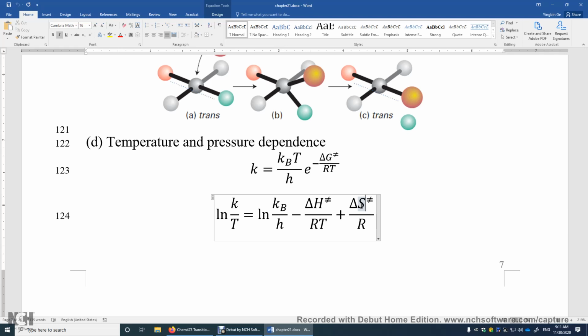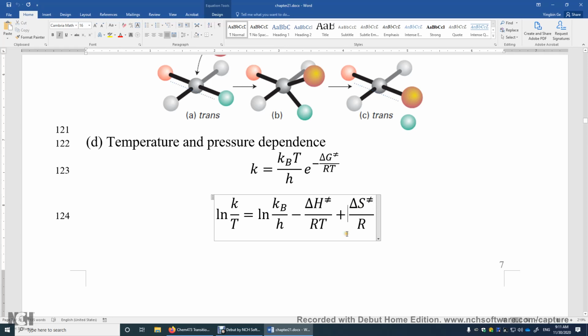temperature 2. But again, this dependence is pretty small because the Cp of the transition state cancels the Cp of the reactants approximately. So as long as the temperature range is not too wide, you may assume delta S double dagger is a constant as well. Okay, you may assume this does not depend on the temperature as long as your temperature range is not too